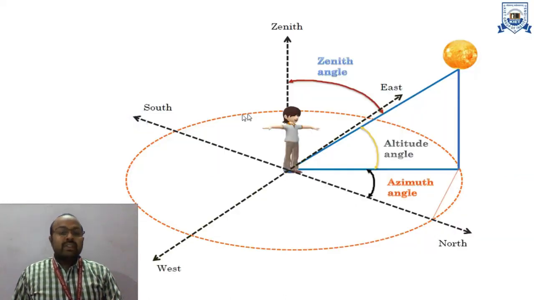This is the zenith angle. We talk about the altitude angle, then the azimuth angle. This is the position from north to south. When we come to solar radiation, it directly indicates the position of the Sun. The azimuth angle is measured in the northern hemisphere. The altitude angle is between the horizontal position and the Sun's radiation, and the zenith angle is the vertical position to the Sun's position. So these are the basic solar angles.